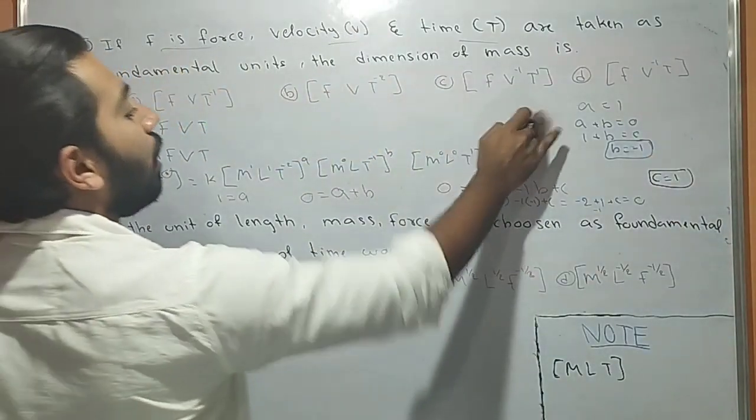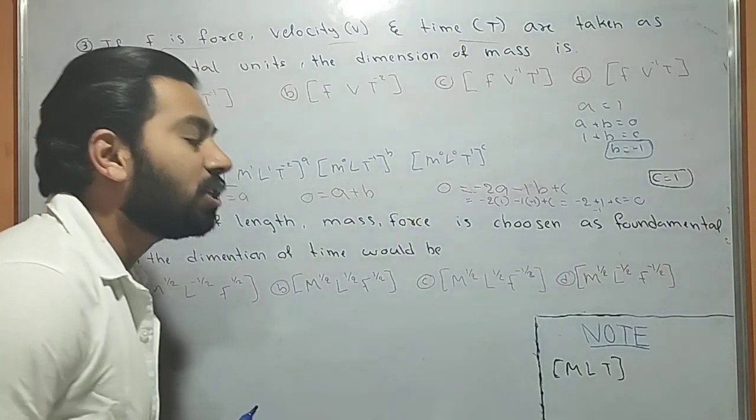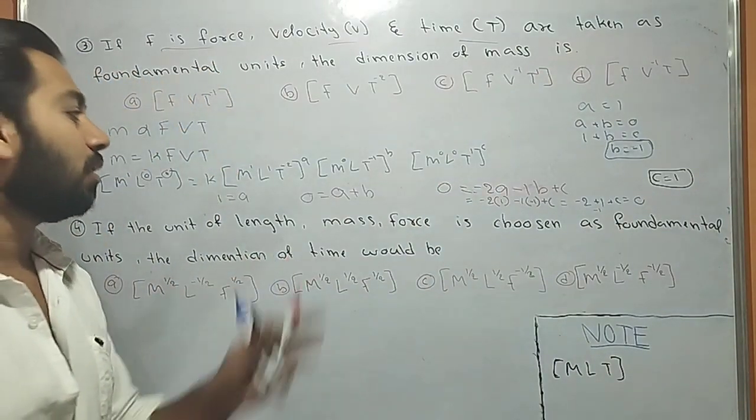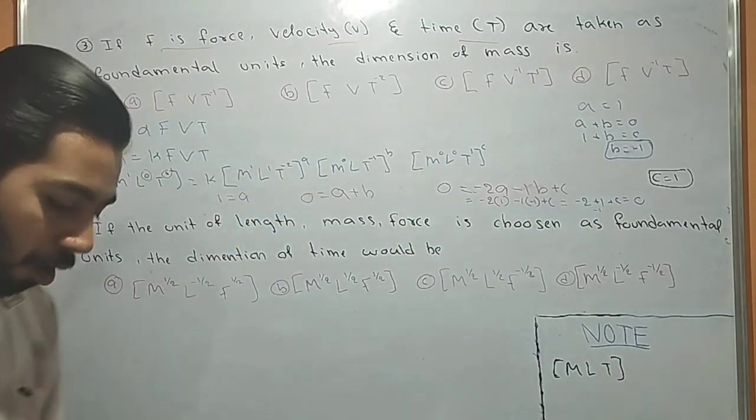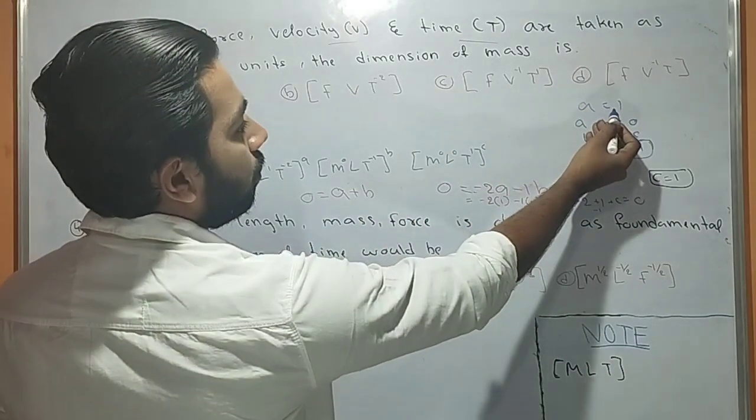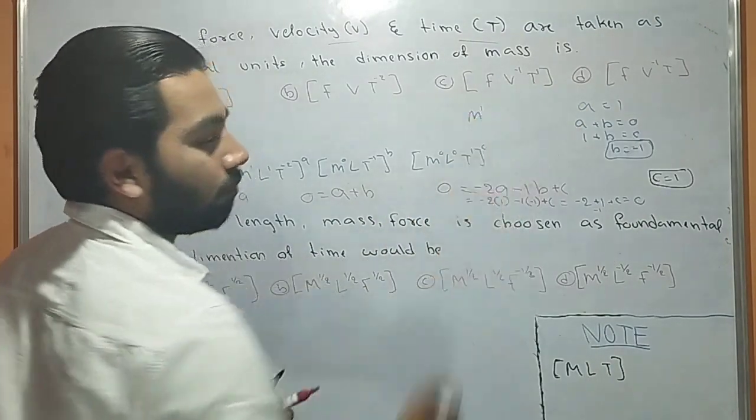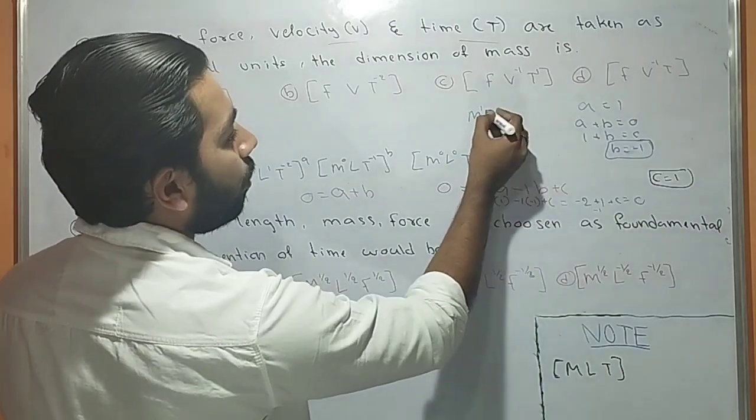You got a value of A, value of B, value of C. Now just put these values of A, B, C in the power of M, L, T. How will we get it? Just see. Put this value in the power of M. Put this B value into the power of